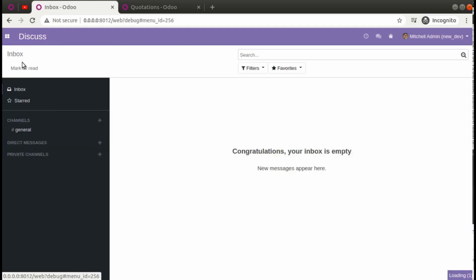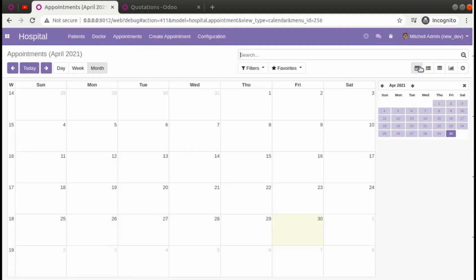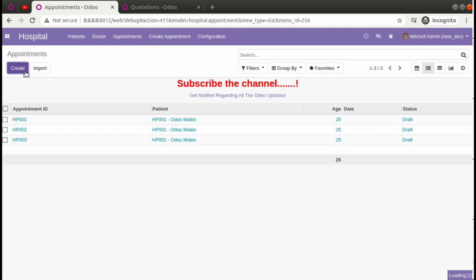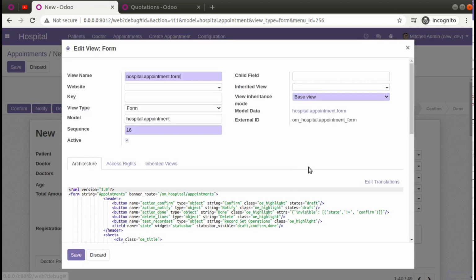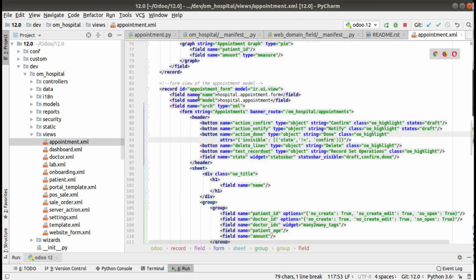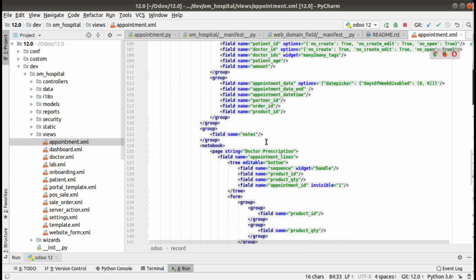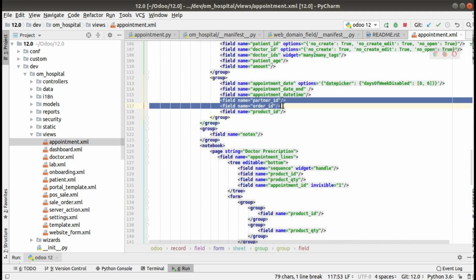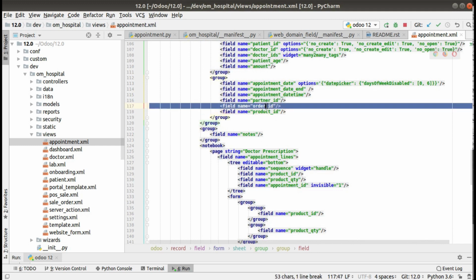We'll be coming back to the hospital appointments, create, and here you can see edit form view, om.hospital.appointment form. So this is the appointment form, and here we have the fields, that is partner_id and order_id. Here I will be adding the new field, that is order_id_domain.